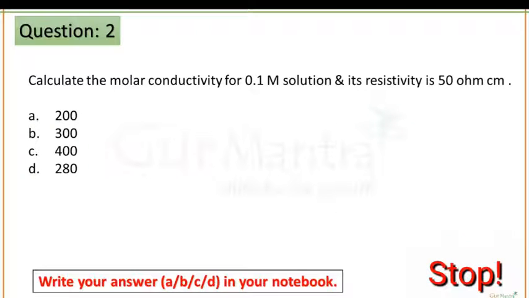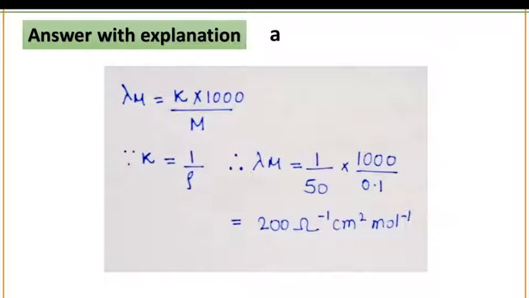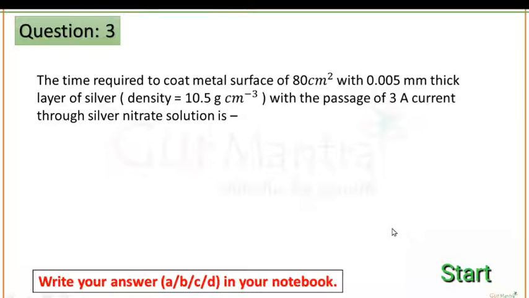Okay, time up guys. The correct answer for this question is option A, that is 200. You know it very well. To calculate lambda m, the correct formula is K into 1000 upon M. When you solve this equation, you will get the correct answer, 200 ohm inverse centimeter square mole inverse. Next question. The time required